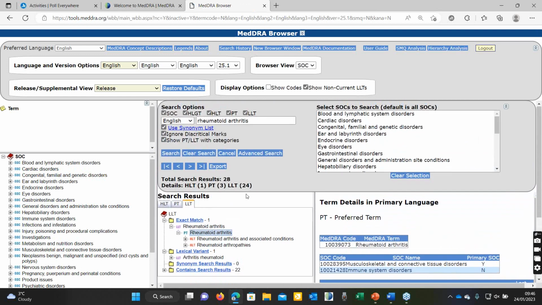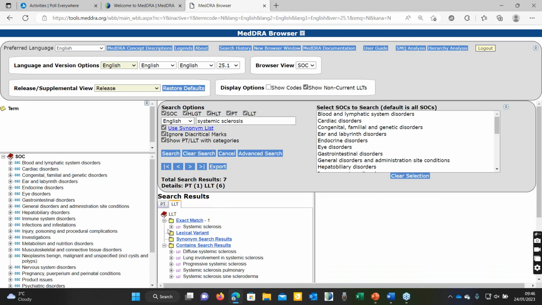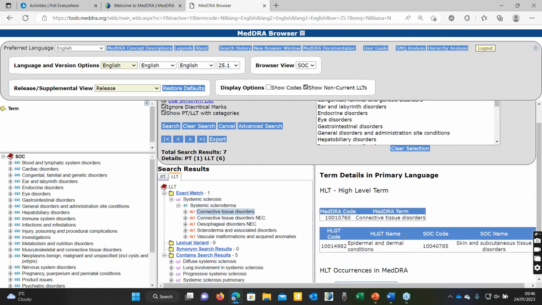So it captures the autoimmune. And then either scleroderma or systemic sclerosis is what we've got. So it seems that there isn't a specific overlap syndrome for it. There's my systemic sclerosis, PT of systemic sclerosis, again with connective tissue. It's under the connective tissue disorders,